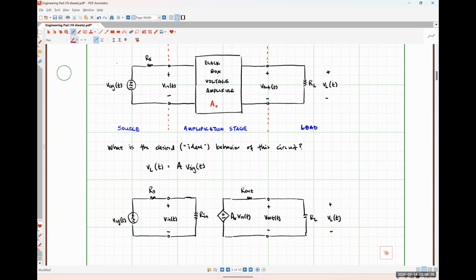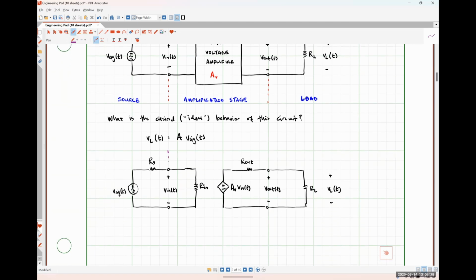So everything inside this purple box that I'm outlining is what we're going to call the practical voltage amplifier